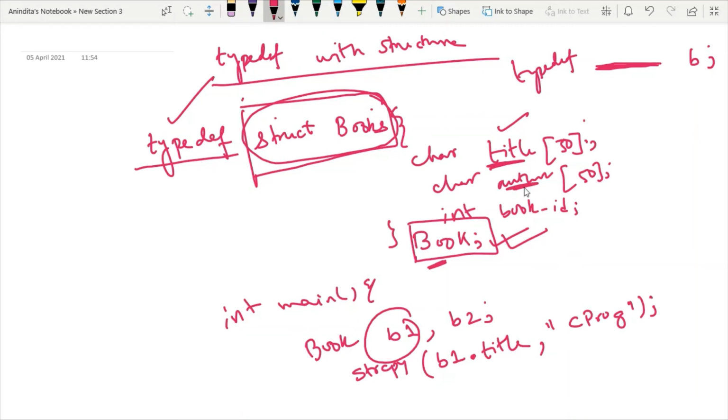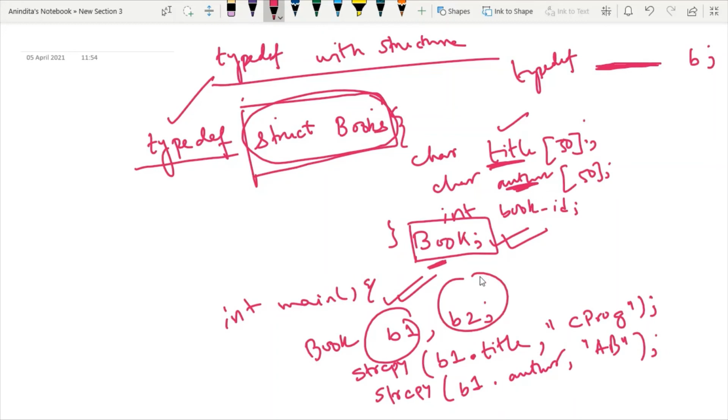Similarly, if I want to take input inside author, I will write strcpy b1 dot author, and then I will take the value, that is the name of the author. Similarly, I can take input. This is the first input, and for B2 it means I want to take input for another book, book 2.